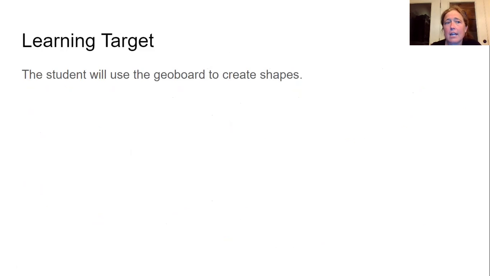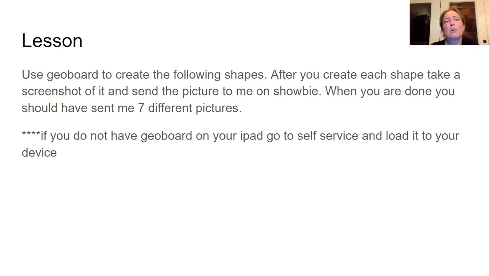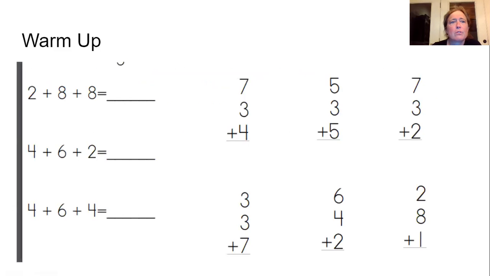Now, today our learning target is that we will be using the GeoBoard to create shapes. We have been learning about shapes and their attributes. Now we have to be able to create those shapes using the attributes. Remember, attributes are the characteristics that make that shape that shape. Okay, so today we're going to use the GeoBoard to create the following shapes, okay? So you are going to be creating the shapes that we've talked about so far, okay? So you are going to create